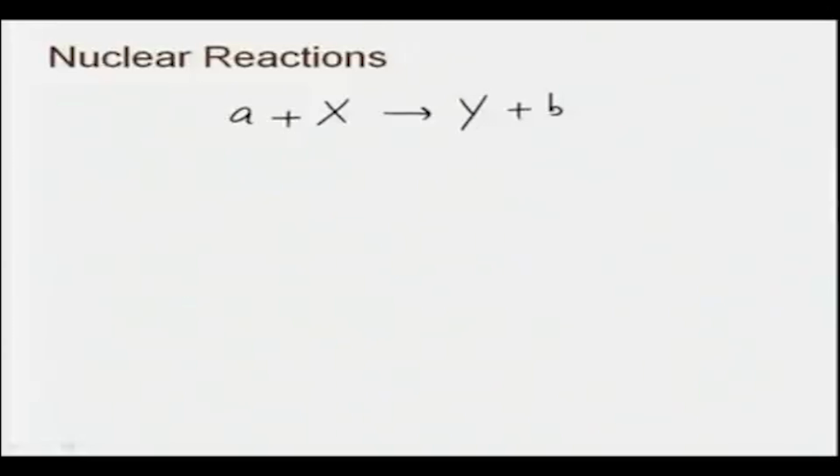We can also consider neutrons interacting with nuclei and producing some final states, either the neutron itself or something else, and accordingly either the same nucleus or a nucleus different from X. So, in such cases we said we can define what is called the differential cross section